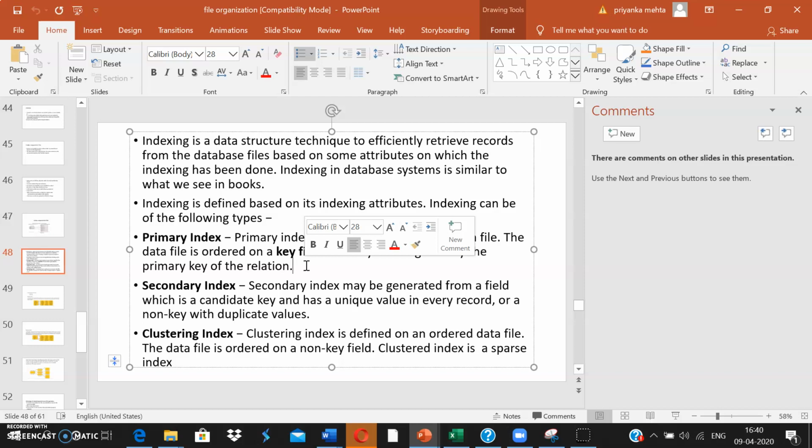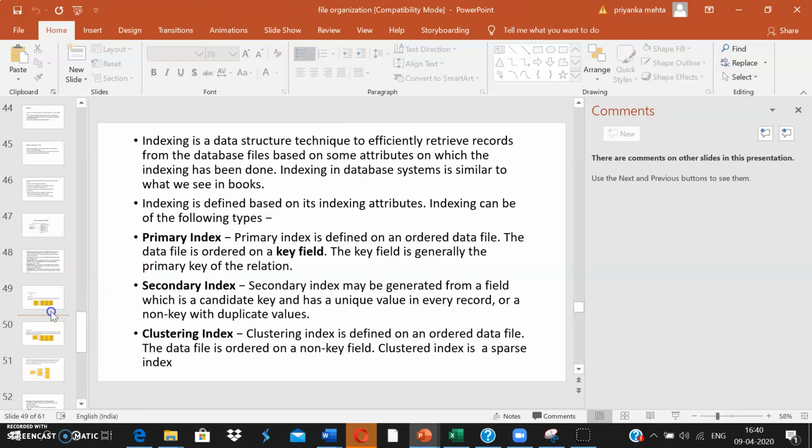Secondary indexes can be created on fields which are unique, or on fields which have duplicate values. Clustering indexes are generally generated on fields which do not uniquely identify your records. So this is how we can create indexes on various fields.